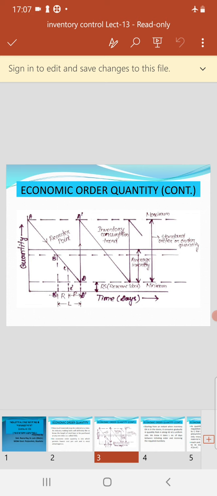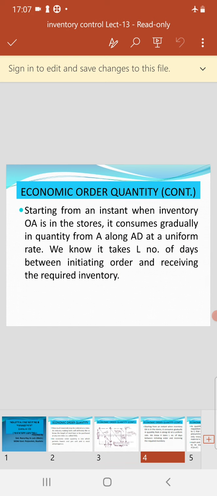So this graph shows the line D dash to D is the minimum stock, and 0 to A is the maximum stock. The line B is the reorder point line, at which level we have to reorder, and this slope is the inventory consumption rate. So from this graph we understand that